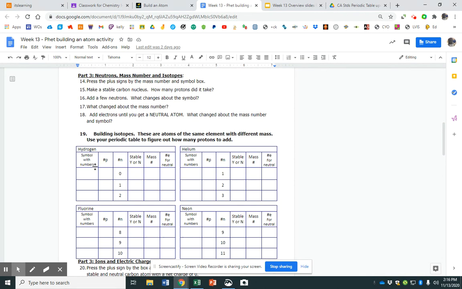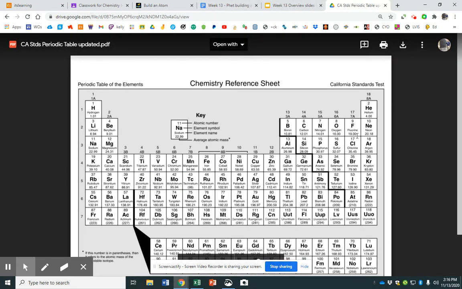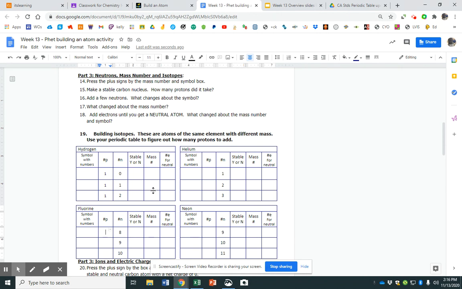Hydrogen, just down here, hydrogen has one proton, so this is going to be 1, 1, 1. Fluorine has 9. How do you know fluorine has 9? Because you know that fluorine is right there and it has 9. So fluorine has 9, so it's going to be 9, 9, 9. Because if it's not 9, it's not fluorine. All right,